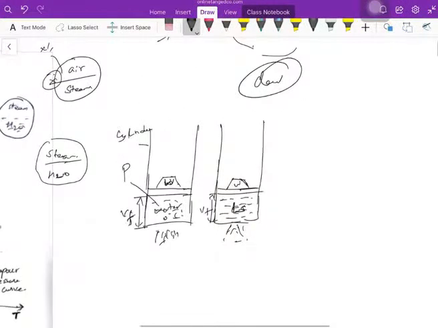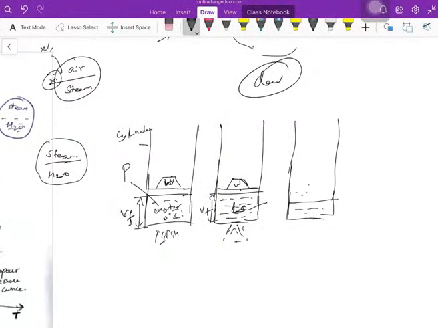After saturation, what will happen is the water will change to steam, right? The water will try to convert to steam. Once the steam started producing, the pressure inside will increase, right? So some of the water will be converted into wet steam. Because of the pressure, the piston will move up. You got it right? The piston will move up because of the pressure.